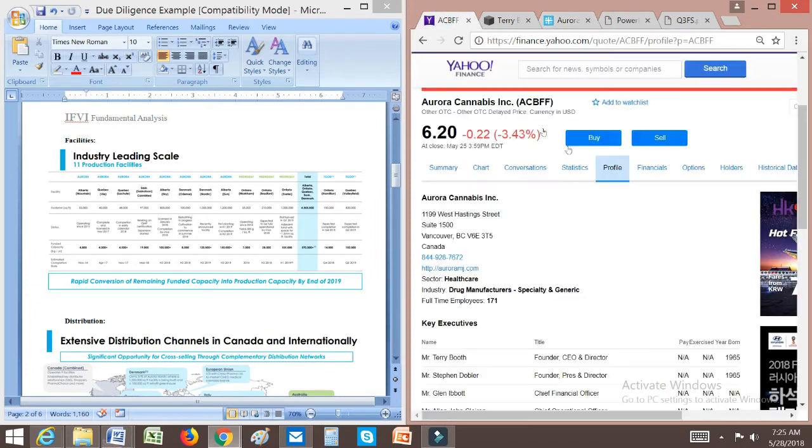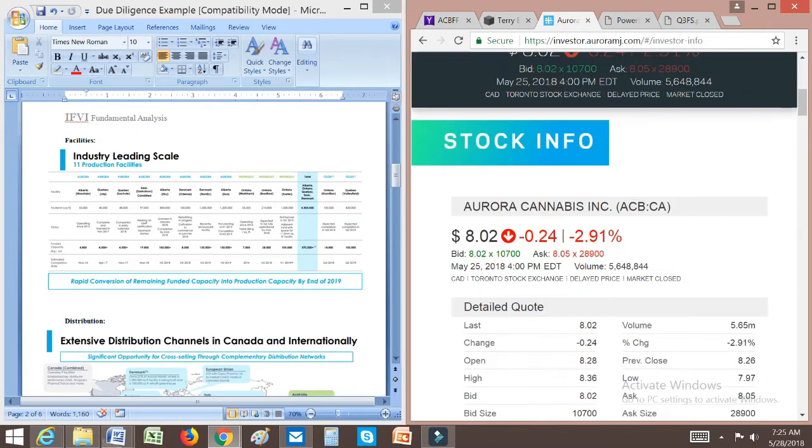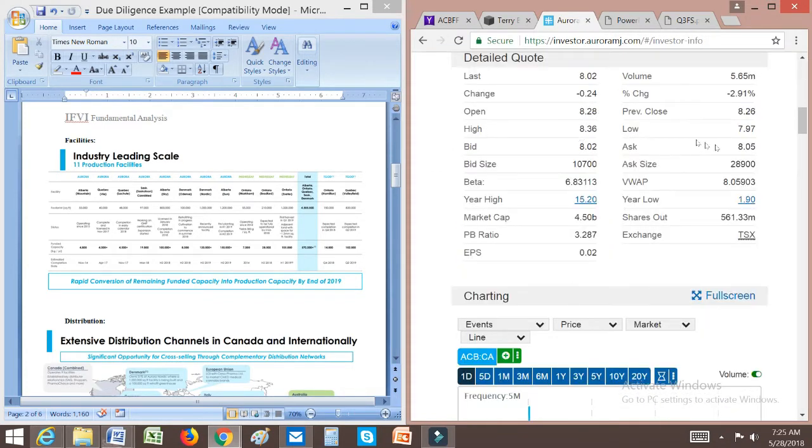If you want to, Yahoo Finance, this is a great example of the tickers being different based on which stock market they're actually being traded on. So in the US, this is Aurora's ticker, but in Canada, this is Aurora's ticker. So just an example. All right, so they have some of their day-to-day information about how it performed while the